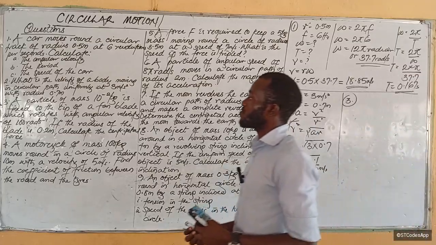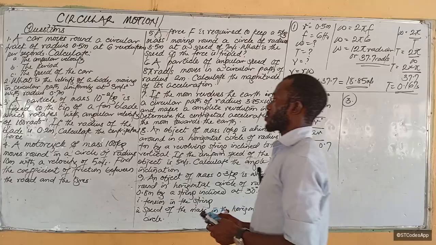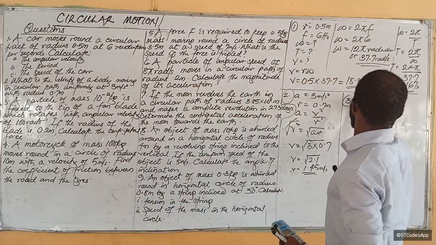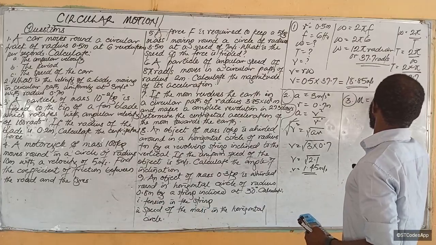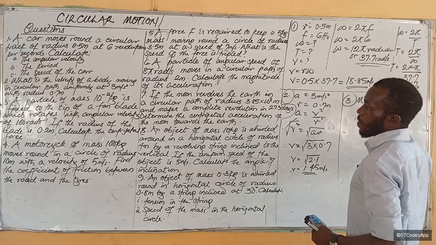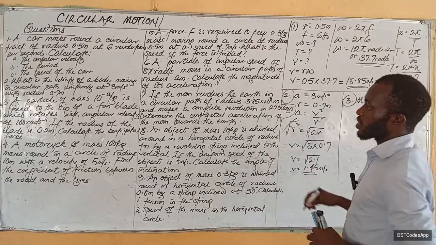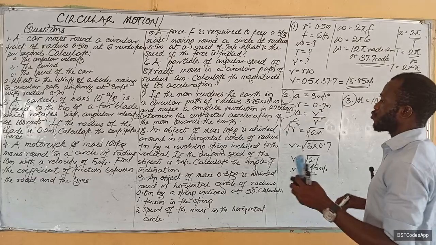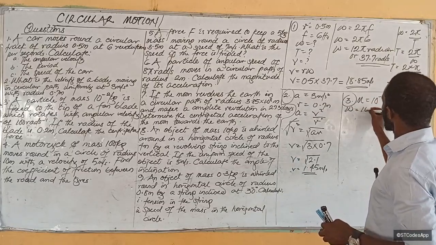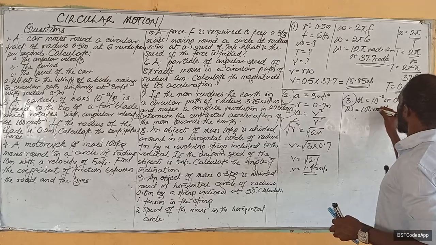that a particle of mass 10 raised to the power minus 2 kg. The mass of the particle is 10 raised to the power minus 2, or 0.01 kg, is fixed to the tip of a fan blade, which rotates with an angular velocity omega of 100 rads per second. Now you will notice what I just told you,